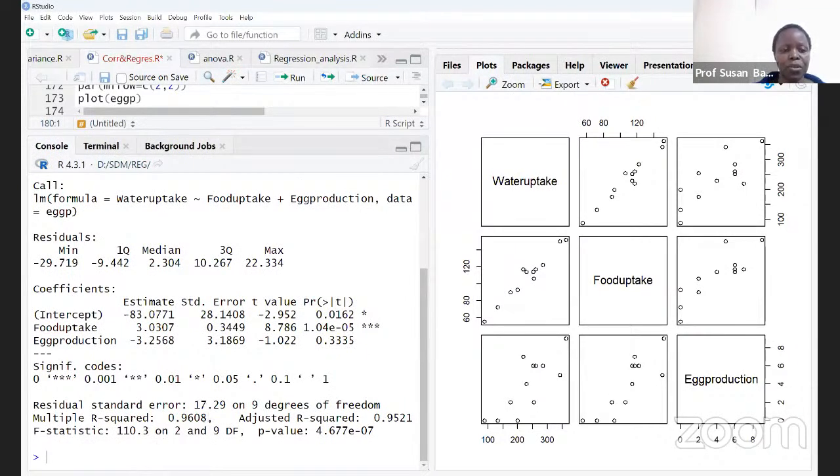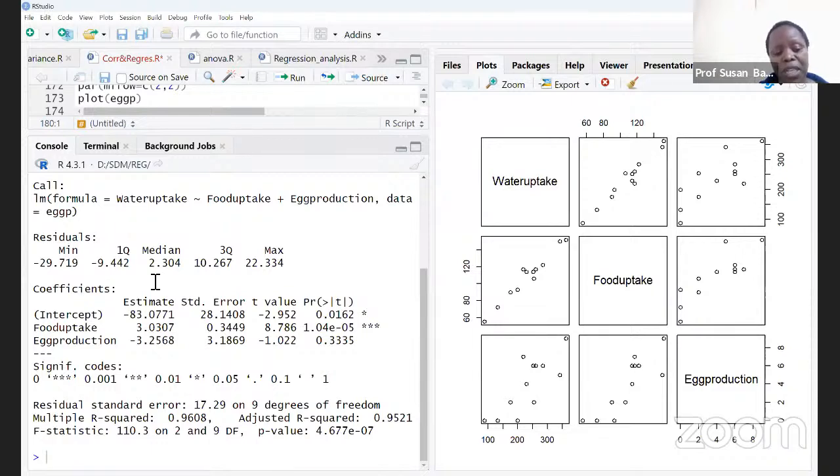that we have residuals, then we have coefficients. We are testing the hypothesis of no linear relationship between water uptake, food uptake, and egg production versus the alternative that there is a linear relationship. We are testing that hypothesis at 5%. When we look at the p-value corresponding to food uptake, it is 1.04 times 10 to the power minus 5. It is small compared to 0.05, indicating that we reject the null and conclude that there is a significant